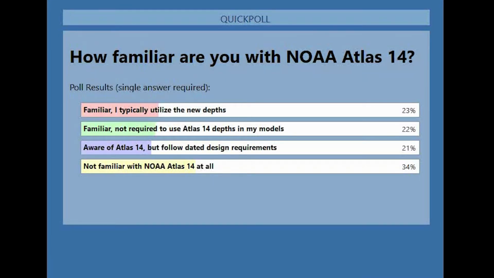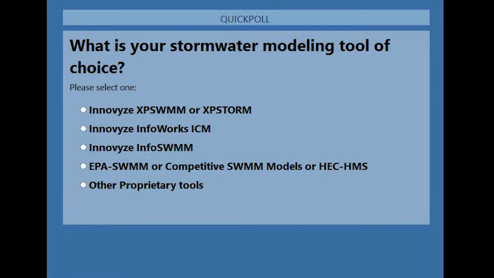Sharing our poll results. So we've got about 23% who are familiar, 22 and 21 using dated, 34% not familiar with NOAA Atlas 14 at all. Okay, thank you. All right, next poll question